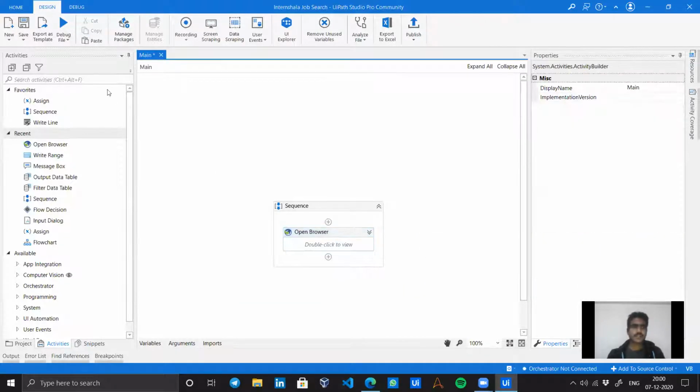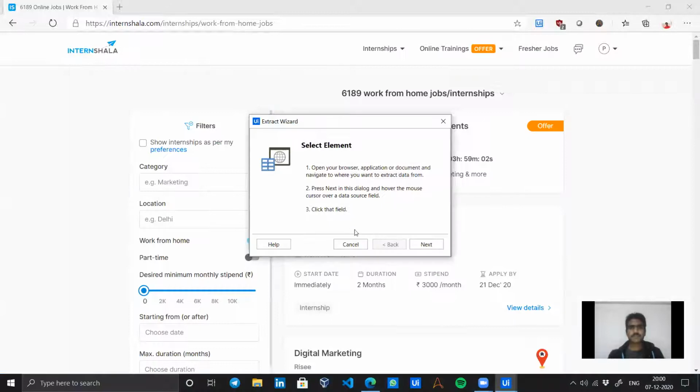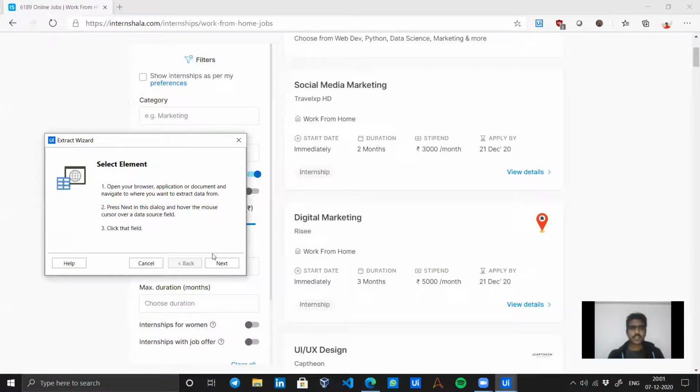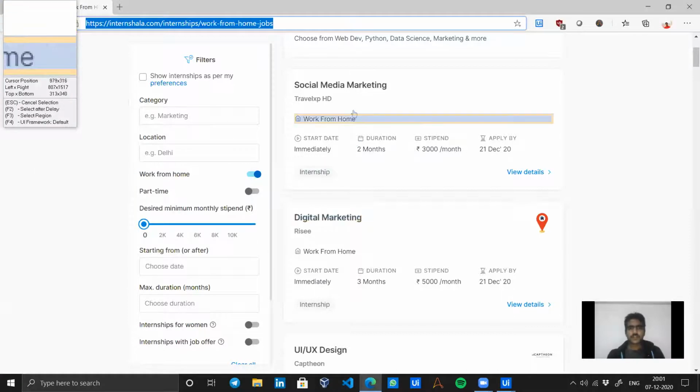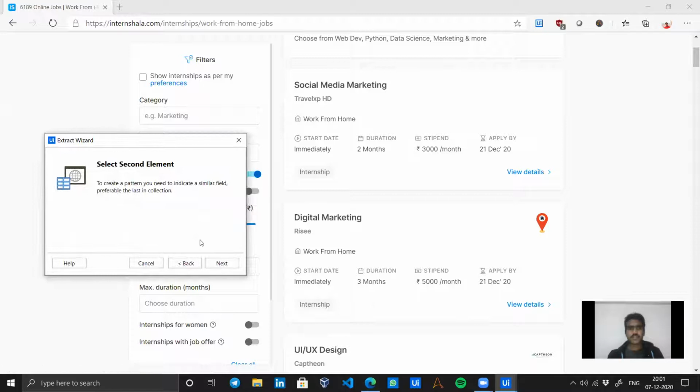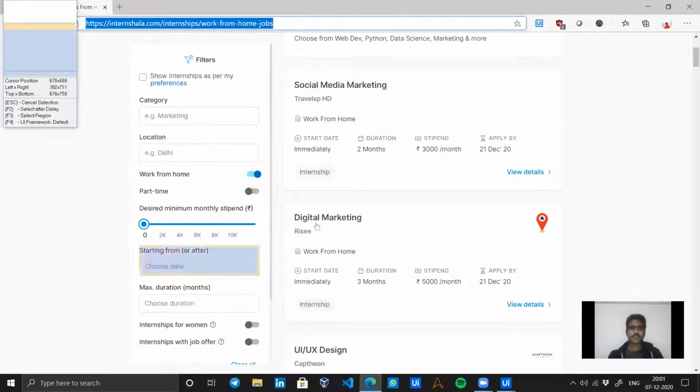Now I want to scrape the data, so I will go to this data scraping tool again. I want to scrape this data. First I want this name, so I will click on it. Next I want to create a pattern, where it appears in a similar pattern, so I will mark this digital marketing.